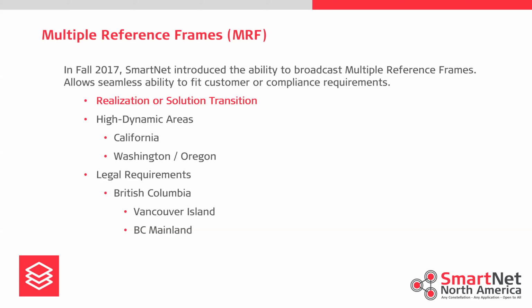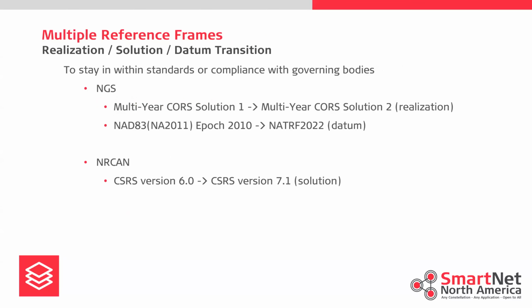In British Columbia, when we took over the network, there was a requirement that we have a different EPIC and reference frame available on Vancouver Island, the BC mainland, and then the overall CSRS as well. So for a realization, solution, or datum transition, so we stay within the standards or compliance with governing bodies, we will have